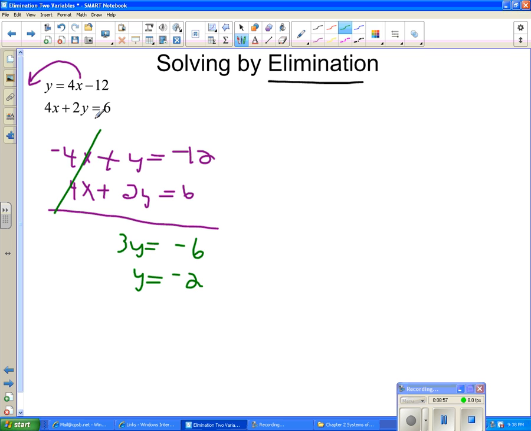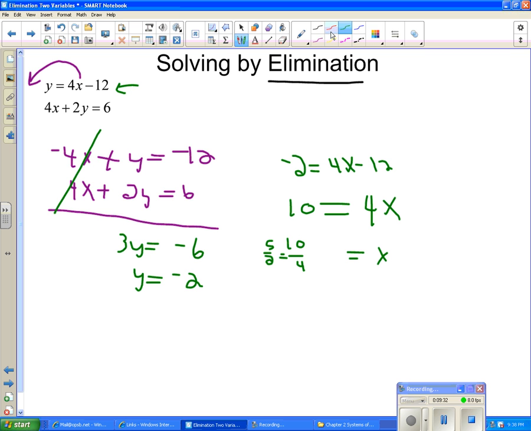I go back to either equation. I probably would just go back to the first equation, plug in negative 2 for y, so negative 2 equals 4x minus 12, and I'm going to solve this one for x, which shouldn't be too difficult to do. I'm going to add 12 to both sides, and I get 10 equals 4x, and so x is 10 over 4. Now 10 over 4 will reduce to 5 over 2 if I divide both the numerator and denominator by 2. So it looks like my solution is going to be 5 halves, or 2.5,